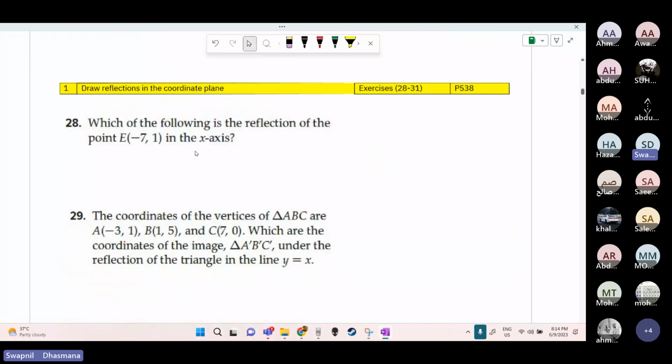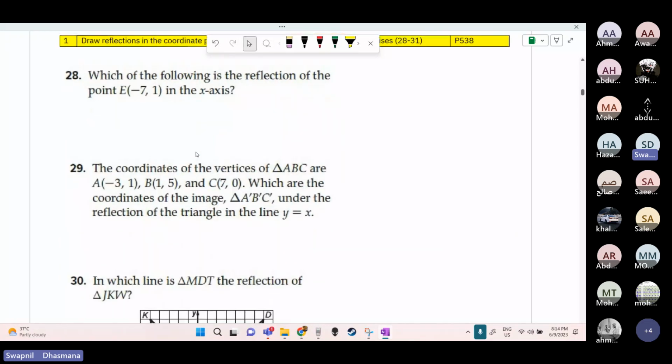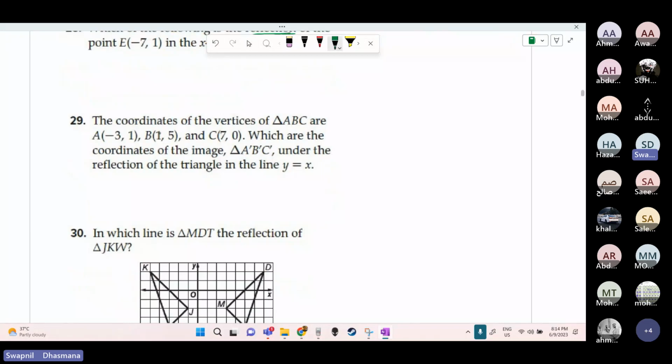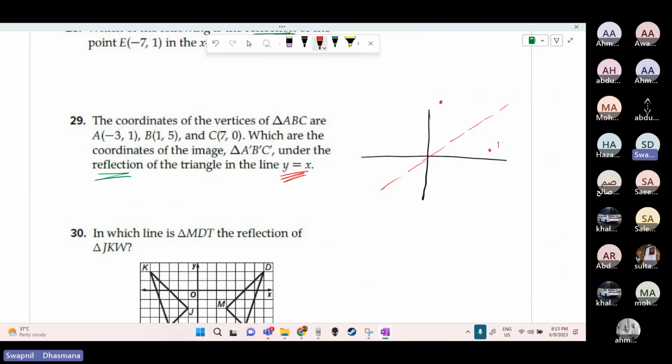Now, again, this is reflection. So try, this is reflection. This is reflection, but this is a bit different. So let me show you this one. For example, if you remember, I told you before, y equals x is the mirror. So y equals x means this. So if you have a point here, it will be reflected here. And if this point is 11,